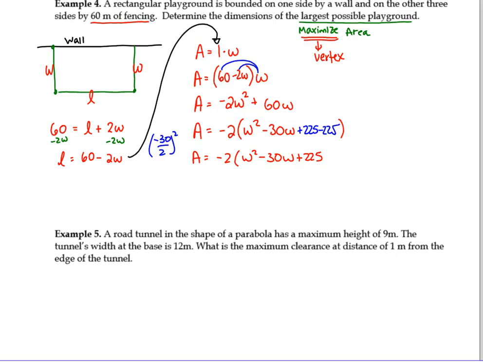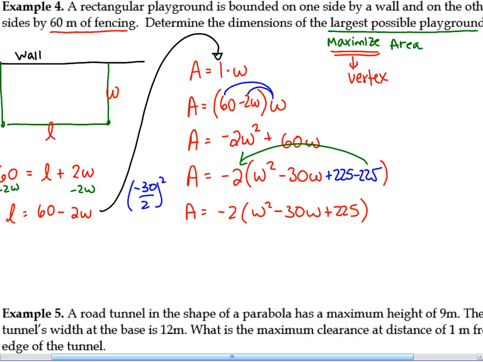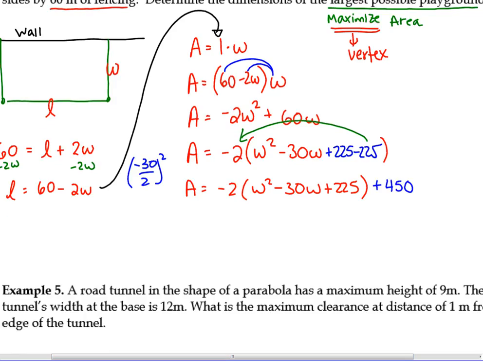That's not green. Multiply by negative 2. So it becomes negative 2 times negative 225. Make it a little larger for you guys. Plus 450. Good. Okay, factored form